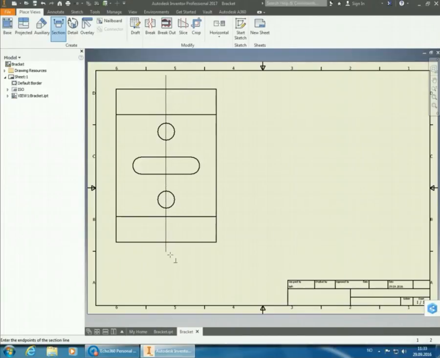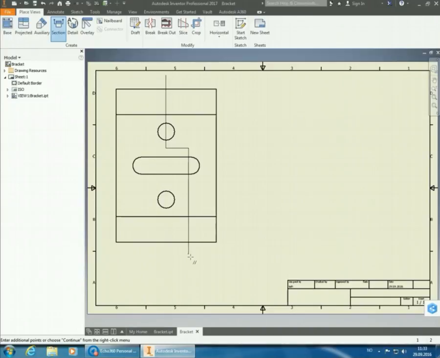Now, very few of you actually used section view on the submission, which was very cool to see that someone actually used that one. One of the submissions that used the section view had actually put the section view straight through, which meant that the two smaller holes weren't shown in the section view. So one way of avoiding that would have been to let the section view have one of these angles in the middle. So if I complete this one